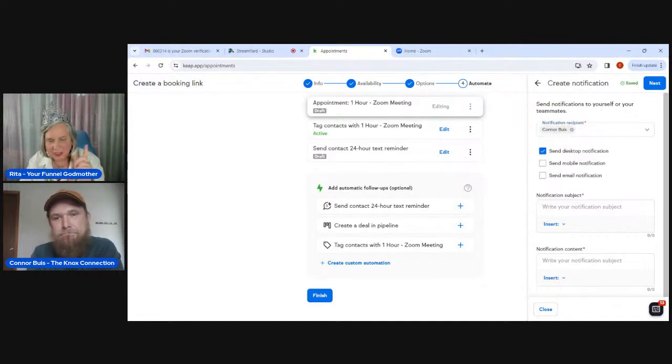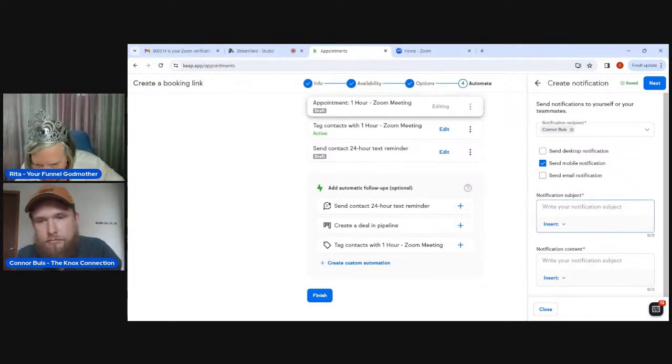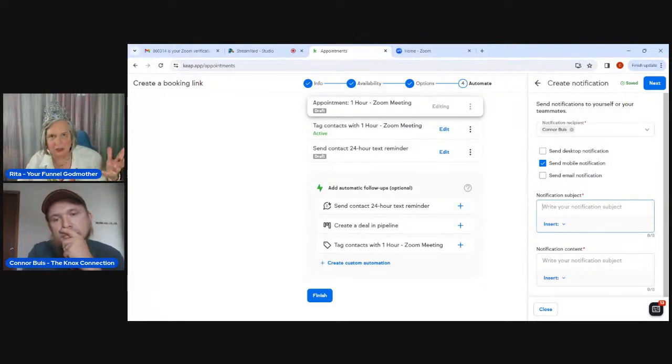So now you see the desktop notification, mobile, and email. I think you can send all 3 if you want. Yep. This one's not going to be good for me because I'm hardly ever in front of my computer, and I don't want duplication, so we'll do that. Perfect. And the notification subject, it's not a ton of characters, but you could say the person's first name, last name,